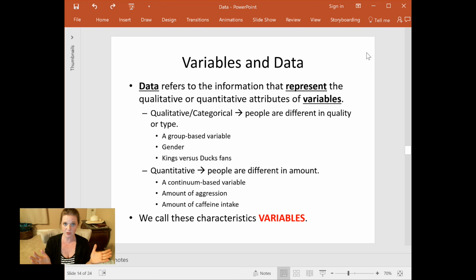And variables and data come in different varieties. And before I launch into this discussion, because we're going to learn about the difference between qualitative and quantitative data, I have to point out to you that your book has this really interesting discussion about the difference between qualitative and quantitative research. And it's an interesting discussion, but it's separate from what I'm about to share with you. It's one of the unfortunate parts of statistics that oftentimes the same word, the exact same word, can be used in 2 very different ways depending on the subtopic within statistics.